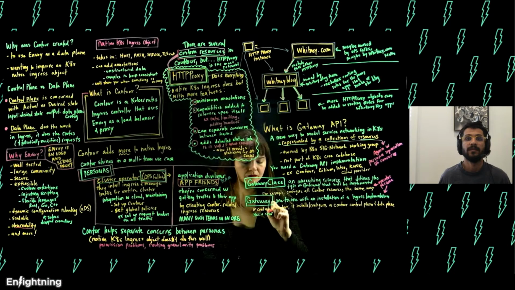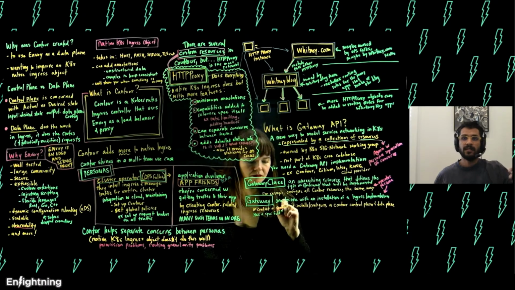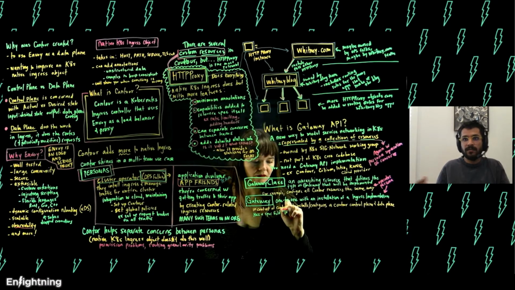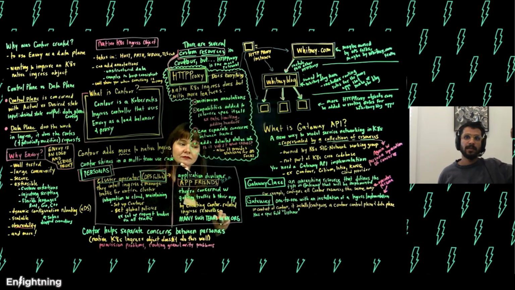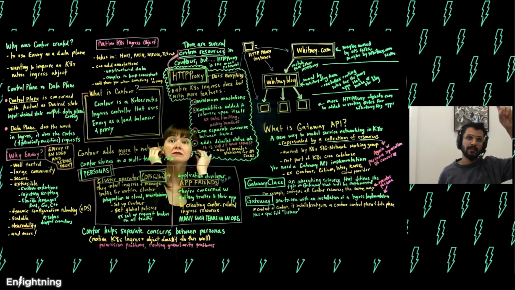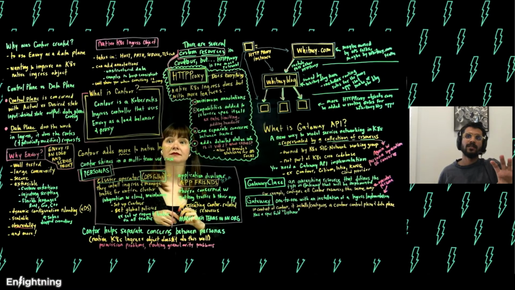you can define, similar to, this is somewhat related, the maintainers of Contour, Nick and Steve and others, were involved with Gateway API at the formation, and they're still involved with Gateway API. But this kind of influence of that root HTTP proxy that we talked about, like Whitney.com. This is kind of where that filters into Gateway API. So a gateway listener, you start to define that sort of overarching top level things like that.